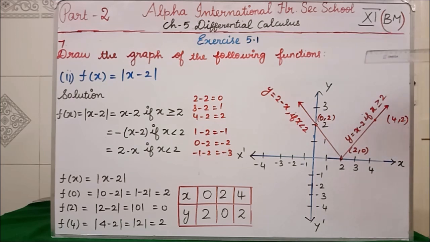So where we are getting the positive equation, y equals x minus 2, if x is greater than or equal to 2, we will get the positive solution. So write that equation in the positive quadrant. Then where we will get negative values, y equals 2 minus x, if x is less than 2, we will get negative values. Write that in the second quadrant. The equation you surely have to write in the graph, so that only you will get full marks.